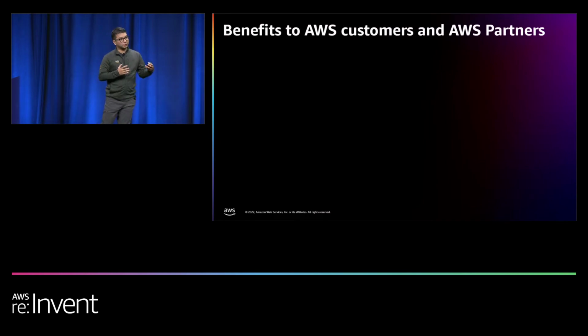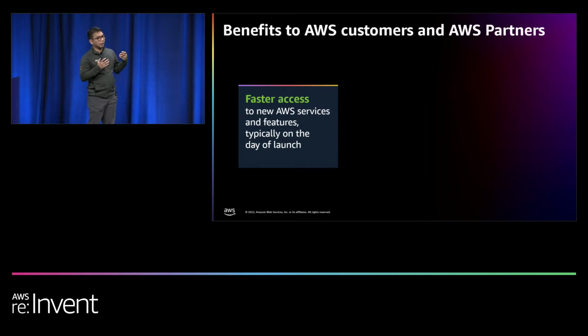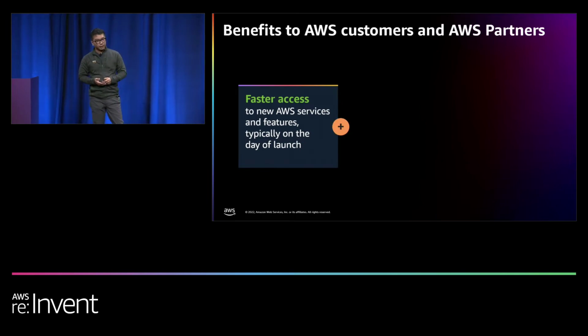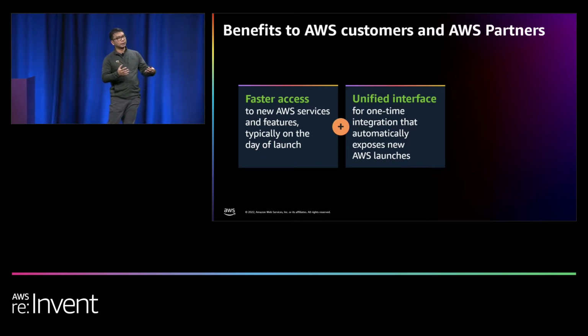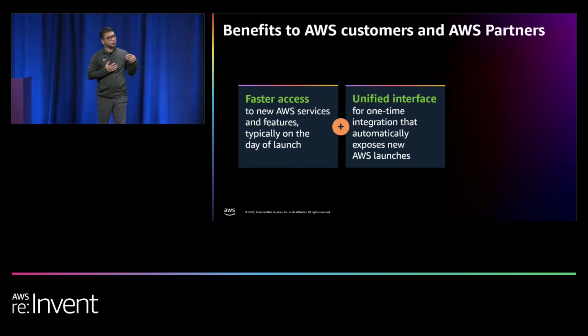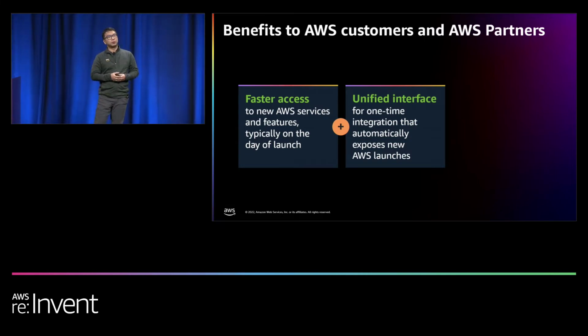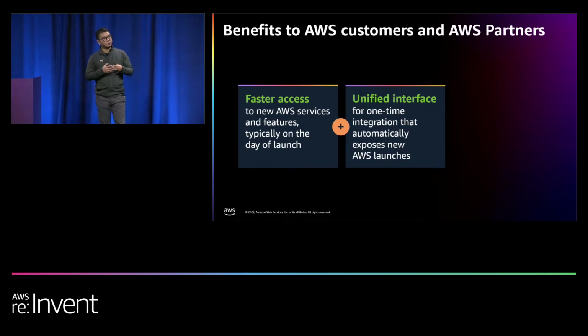Now, you might start to wonder how this is actually going to benefit you as customers and also as partners. Coming back to the problem statement that Rahul mentioned earlier, first is about how we get faster access to new AWS services. And this is made possible by the availability of the CloudFormation registry, where all of the AWS services in terms of resources, and also resources built by third-party providers, will be available. So for a new AWS service and feature, this typically will be available on the day of launch or shortly afterwards. And then the second opportunity is about having this unified interface to allow you to have one-time integrations to expose a new AWS set of features. It means you do a one-time integration with Cloud Control API, and then you get the benefit of exposure to the future